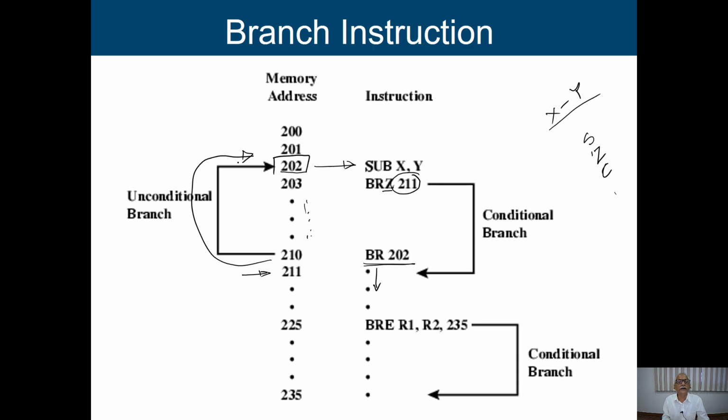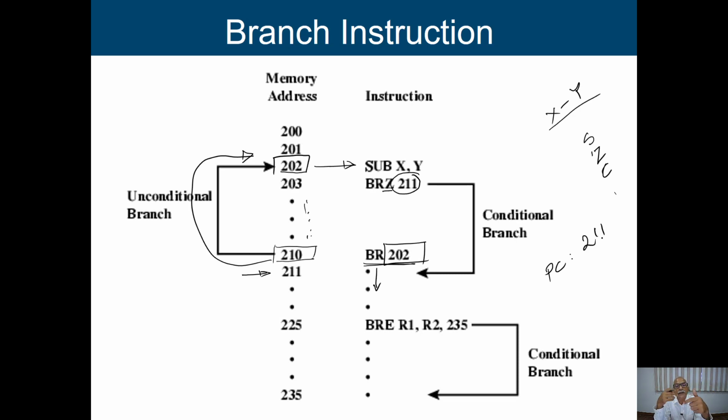While implementing, after execution of this particular instruction, we are going to change the value of the program counter to 202, because the program counter generally holds the address of the memory location from where we are going to fetch the instruction. Now when I am fetching the instruction from memory location 210, at that time, by default, depending on my fetch cycle, you will find that the value of the program counter becomes 211.